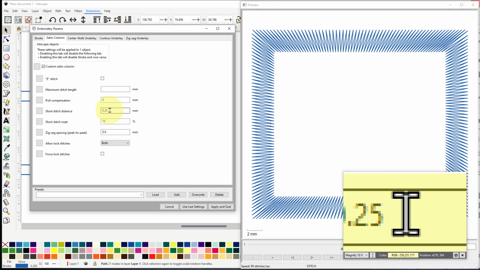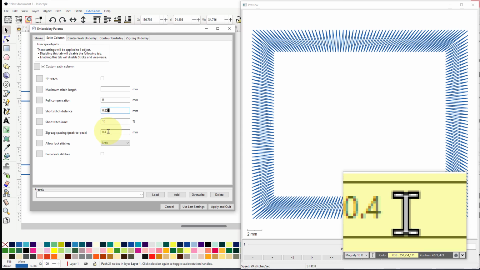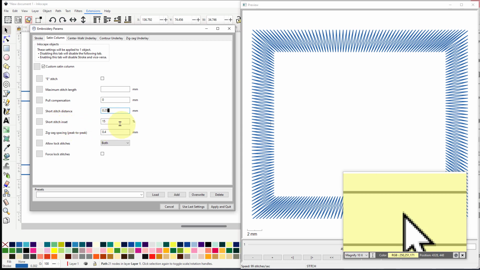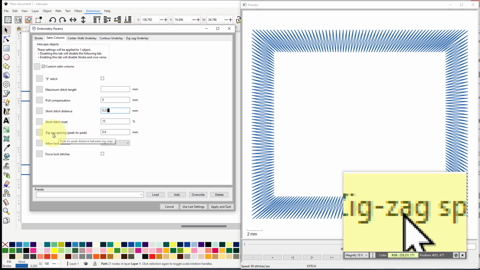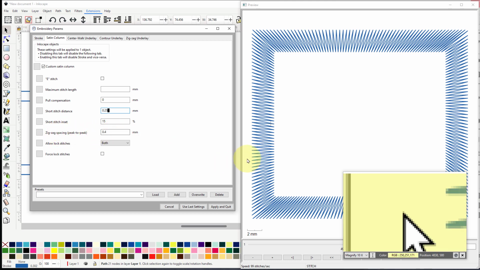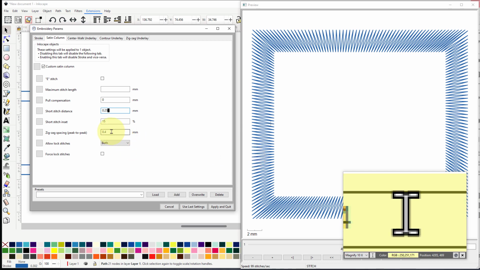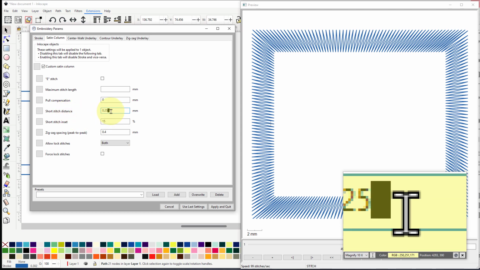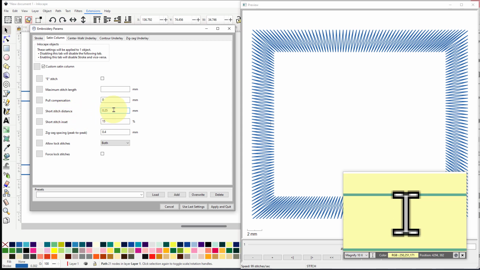These two numbers become quite interesting. If your zigzag peak to peak, so that is the distance from this stitch to that stitch, and the short stitch distance are the same,